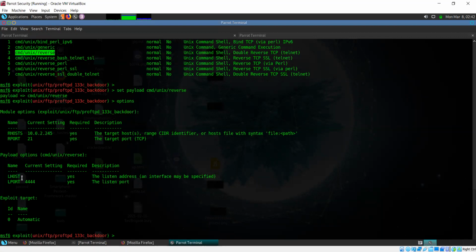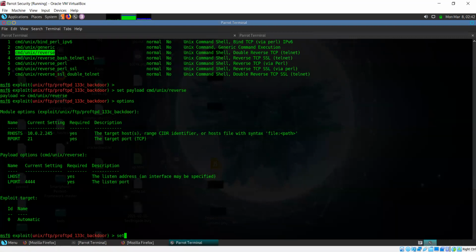There are two options here, LHOST and LPORT. LHOST is because we need to specify the IP of our own system, so that when the payload runs and that system initiates a reverse connection, it knows what IP to connect back to. So I need to give my own IP here.